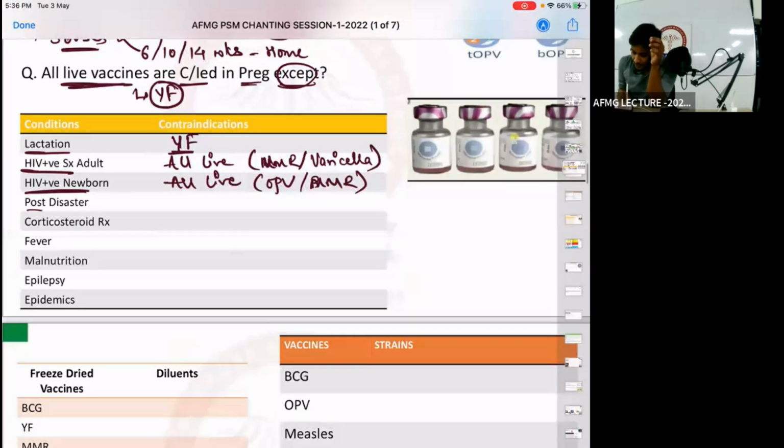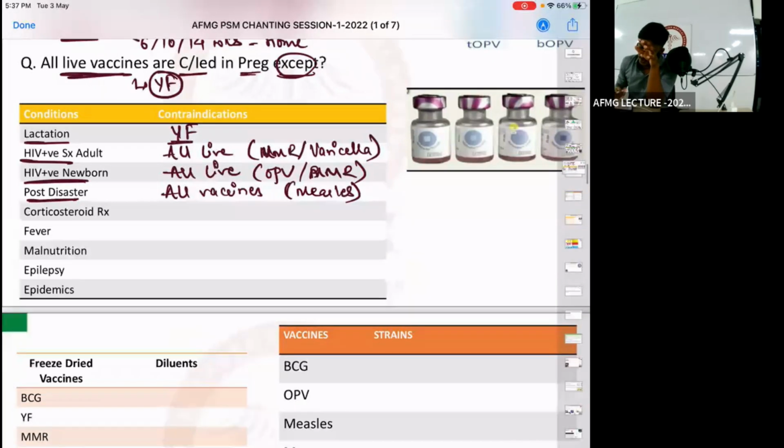If I talk about post-disaster, all vaccines are contraindicated. Not only live, even killed vaccines are contraindicated post-disaster. So which vaccines are contraindicated post-disaster? All vaccines are contraindicated. The only vaccine given is